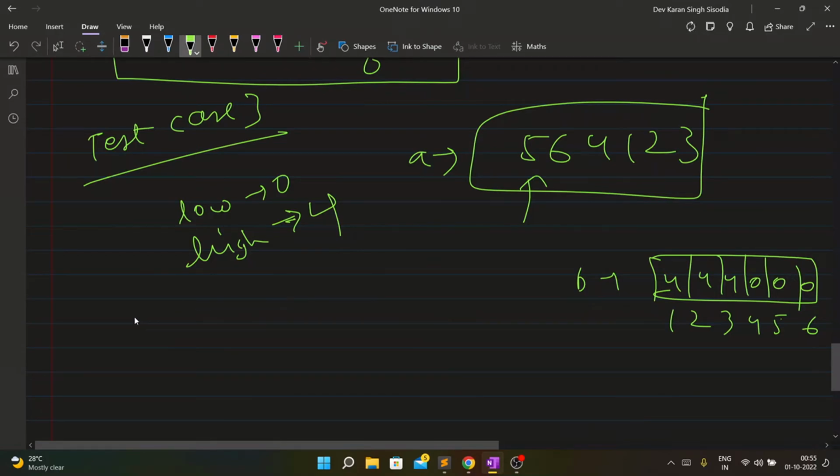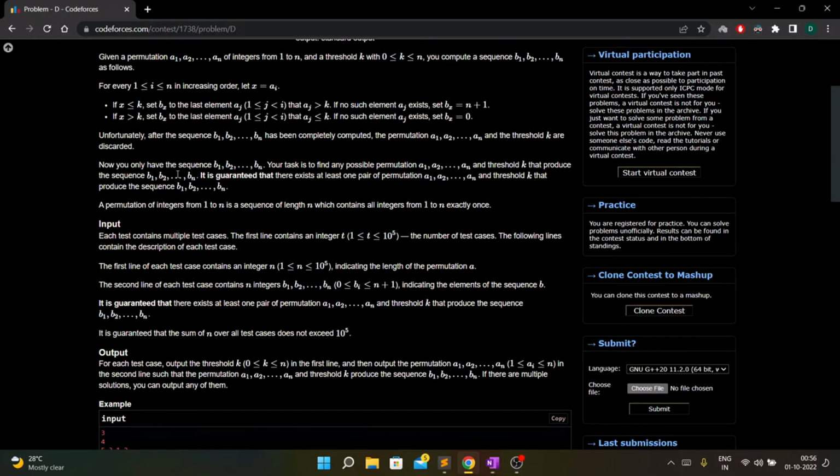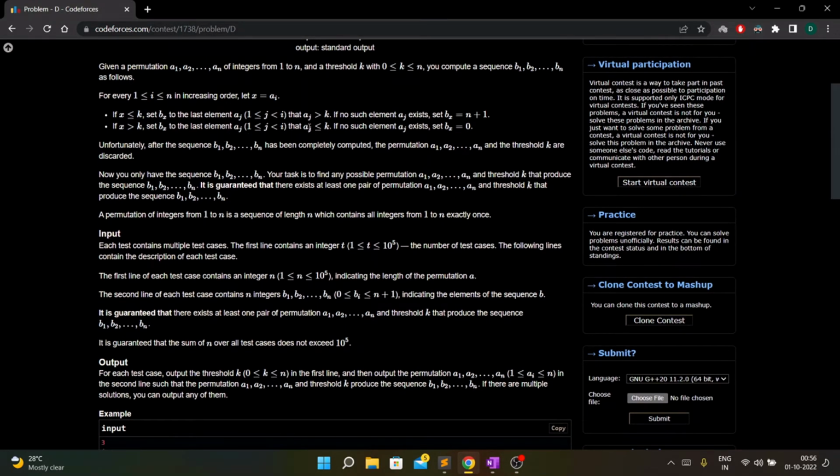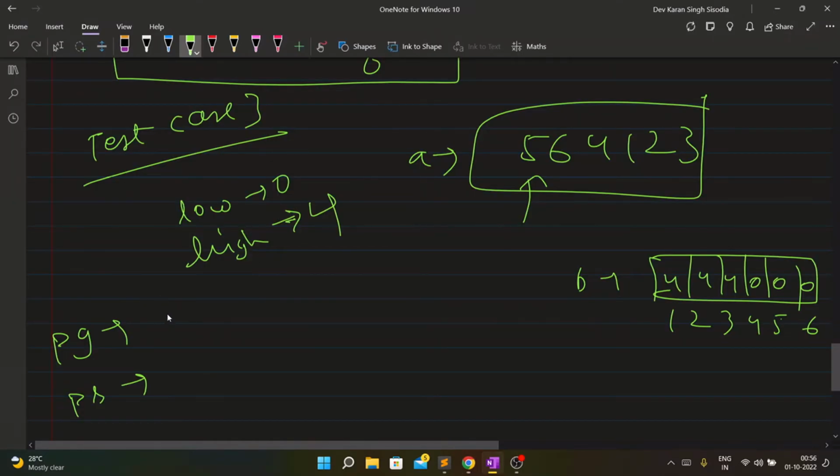Now we also have to maintain PG and PS. This was a greater case, so we will be incrementing PG from -1 to 5. Now we go on. I am at 6. This is again the greater case.